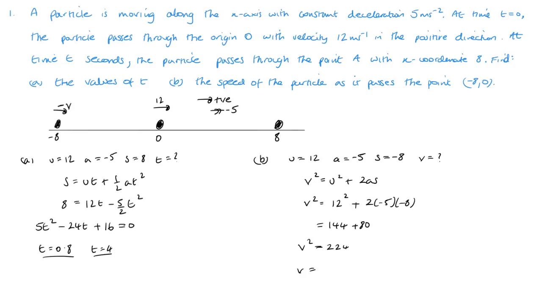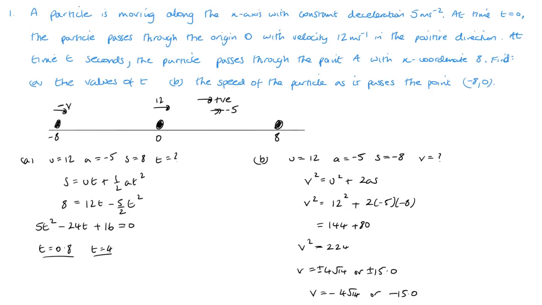So v is going to be the square root of that, which is going to be 4 root 14, or 15.0. Okay, now it's obviously plus or minus at this point, but at the end you could say it's minus 4 root 14, or minus 15,